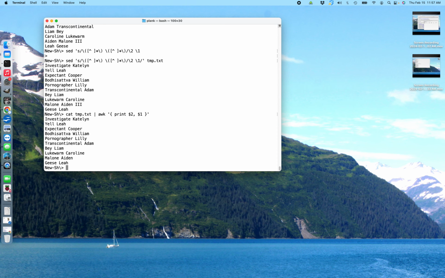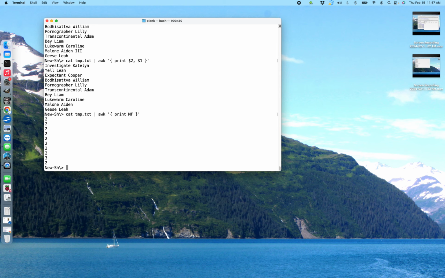So that, now I lost the 3 in Aiden Malone 3 because in awk, I didn't print the 3rd word, right? Or I could say, if I just say print NF, there, that's the number of words on each line, right? And awk gives you printf. That's the nice thing, it gives you printf so you can do conversions and do things the way you want. There's for syntax, there's while syntax. I mean, awk's a language, but again, don't get too fancy with it, because the fancier you get, the more likely it's not going to port.